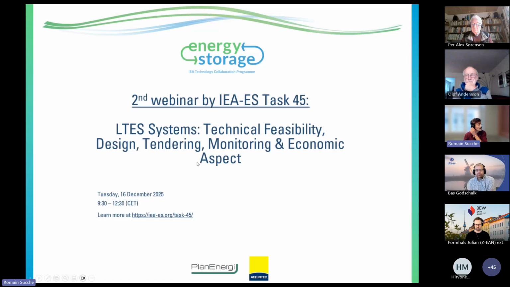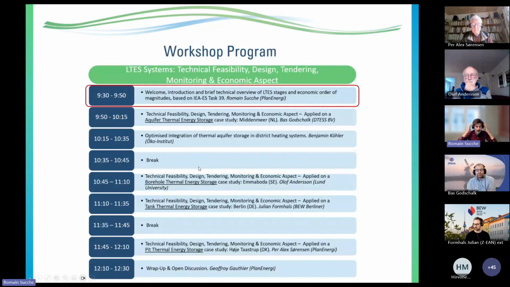All right. So I'm going to start by going through together the workshop program. There will be a first introduction by myself to give an overview of the task, but also of the technical stages that large thermal energy storage usually go through, as well as giving some economic orders of magnitude based on the IEA Energy Storage Task 39